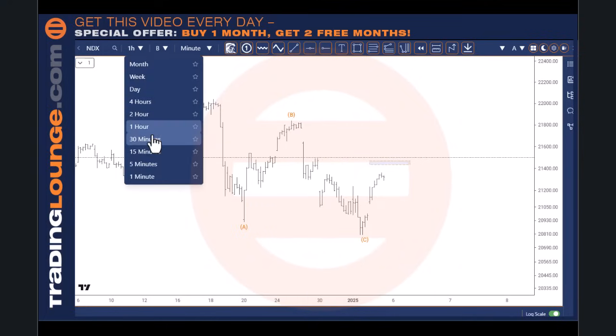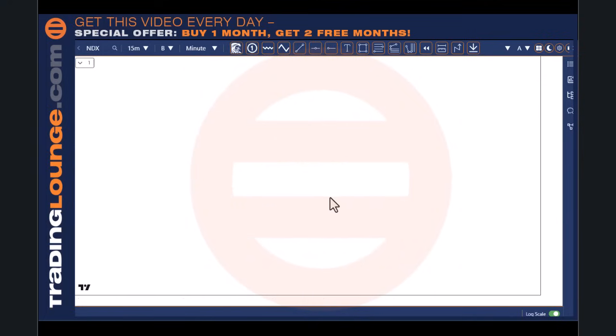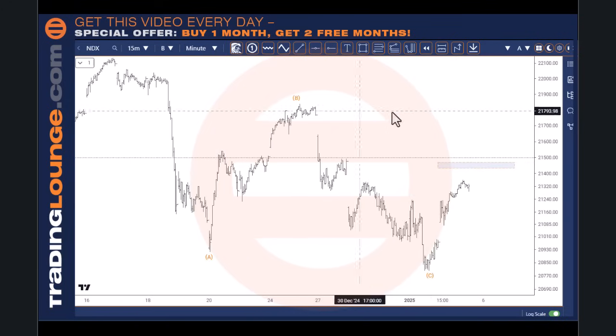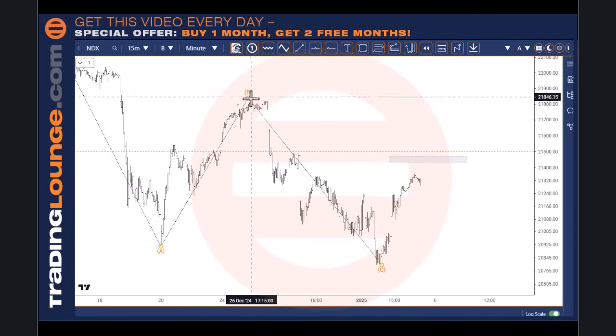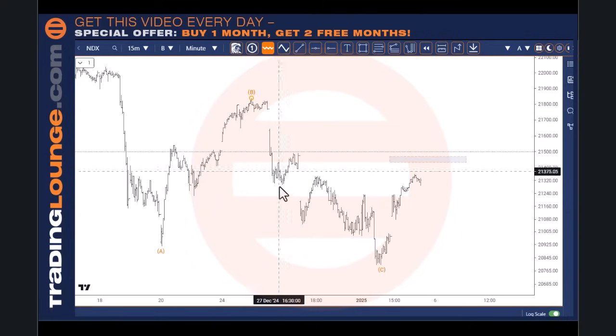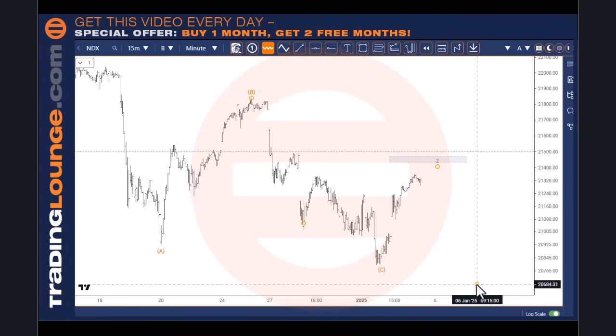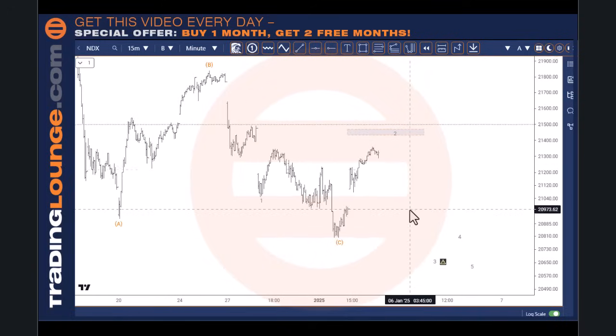Let's just go into the 15-minute chart and check on that. It's really just a matter of working through this here. I don't think I've got that. No, I haven't got it on there. So we're just going to draw this in here. From here, I'll have to go 1, 2, 3, 4, 5. So I'll have to go to here for that, and then the 2 would go over to here. And then we'll look at 3, 4, and 5 coming down here, okay? So we'll just see how this plays out.